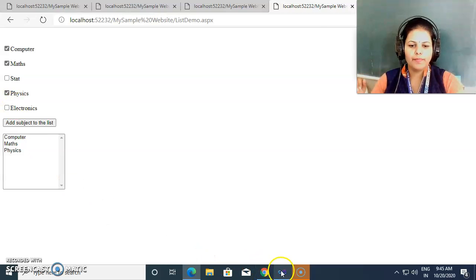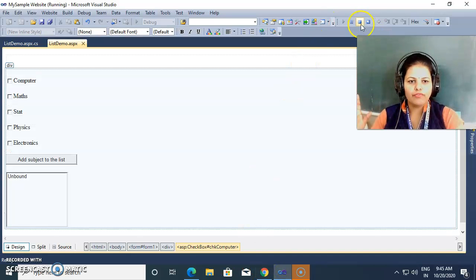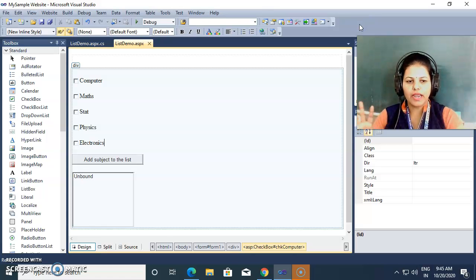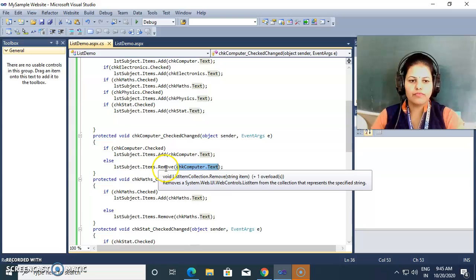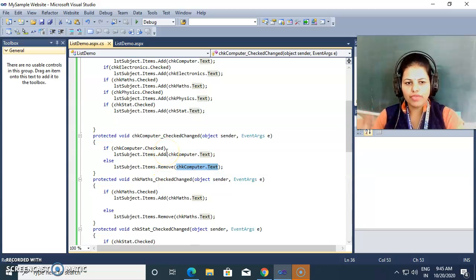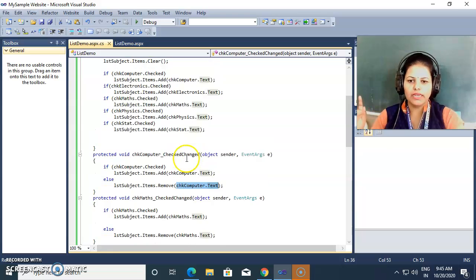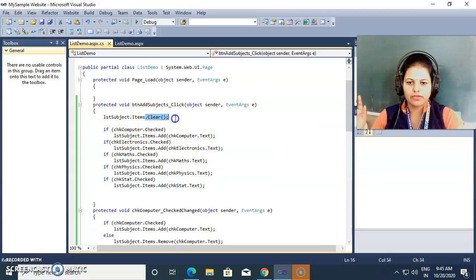So in this program we see how we can add one single item inside this list box. How we can add: list box items add method, and inside that your item. Then how we can remove one particular item from the list box. We see here how we can remove. For removing, the remove method is there. For adding, the add method is there. And how we can clear the whole list by using the clear method. So in this way we can operate on list boxes. One more demo I will